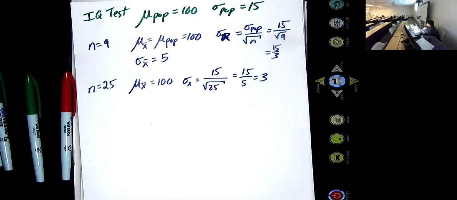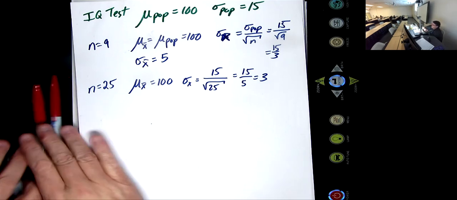So the mean always equals 100? For the IQ test, okay, the population mean is 100. Now, it should be pretty close to 100 for each sample group. Sometimes it's higher, sometimes it's lower. I'm going to show you a simulation in a second. I'm going to show you a couple of simulations.